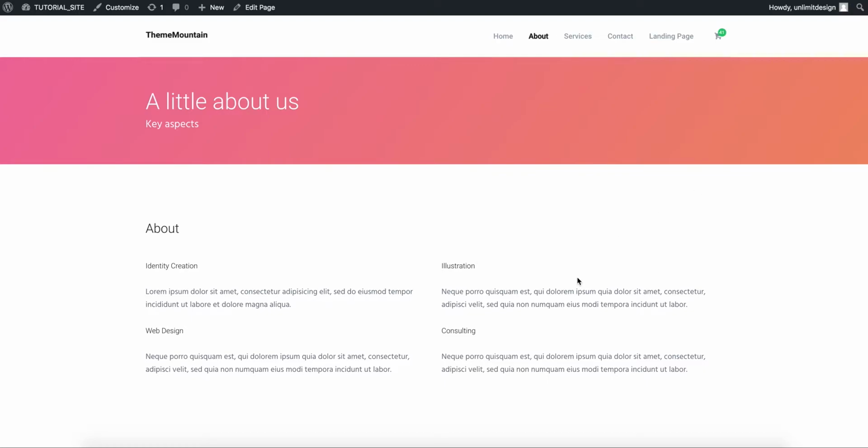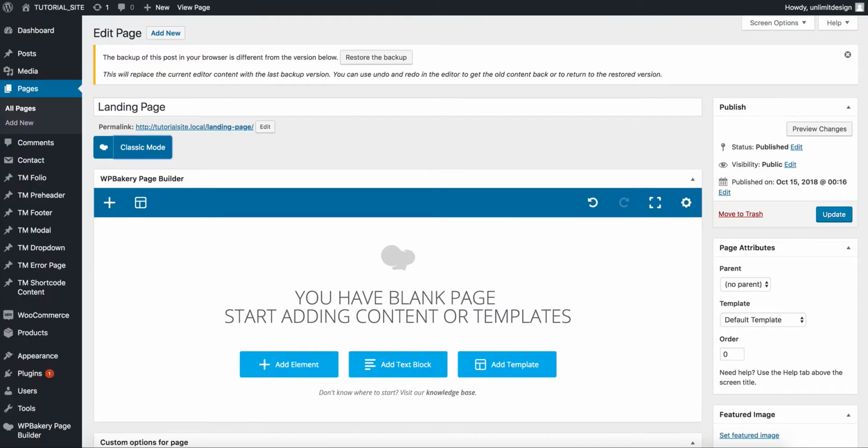So I have my sample page set up here. This is my main navigation. But for my landing page, I'd like a full screen hero with a menu that's overlaying the hero. So this means we've got to change a few things, namely the top header logo, background color, link color, and position. So I have my landing page that I've created here, and I'm just going to go ahead and add